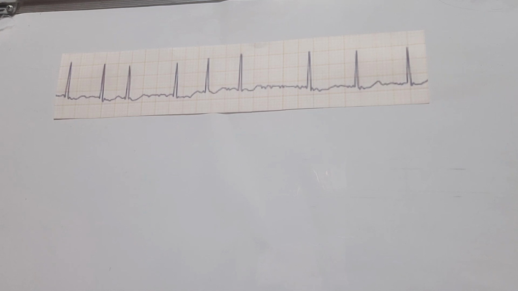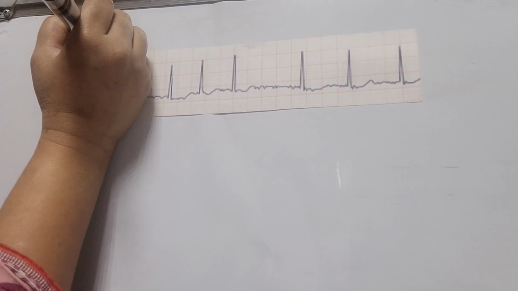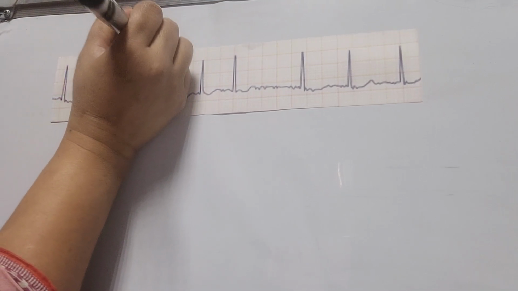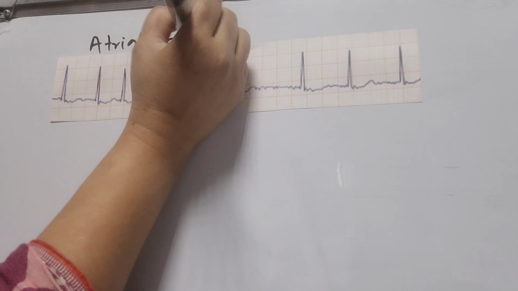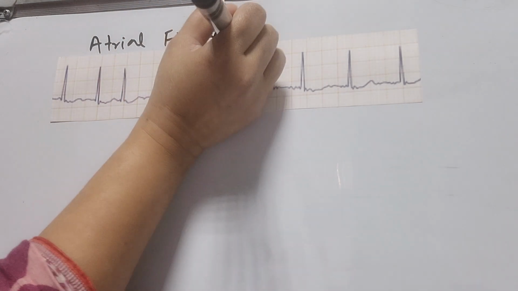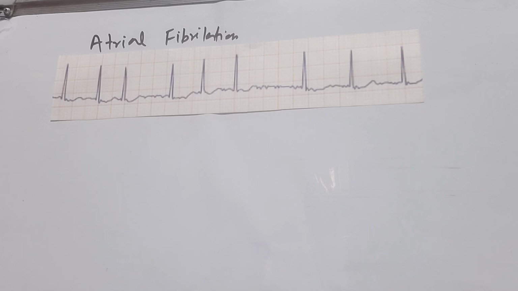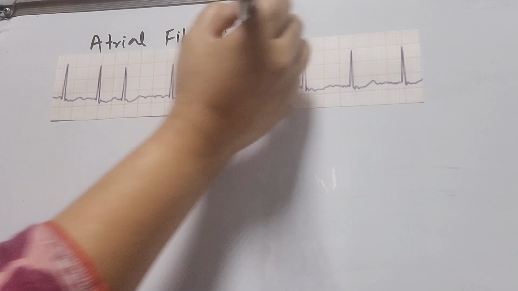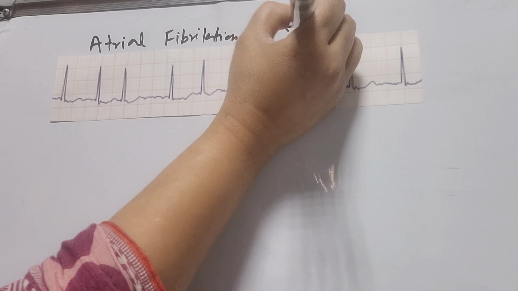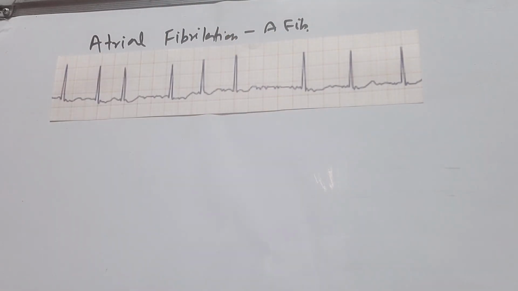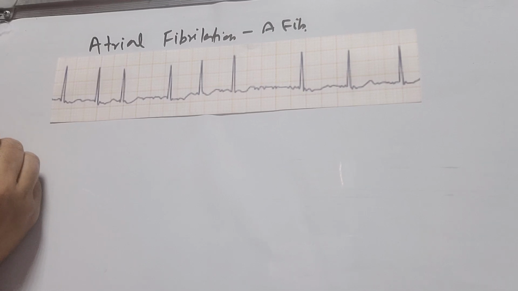So today our topic is atrial fibrillation. We also call this one AFib. So atrial fibrillation, how we can define atrial fibrillation, is uncoordinated